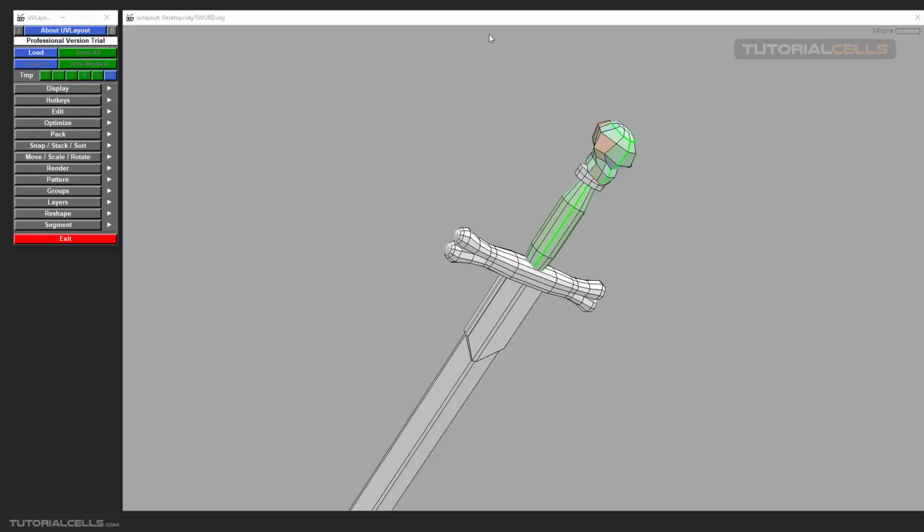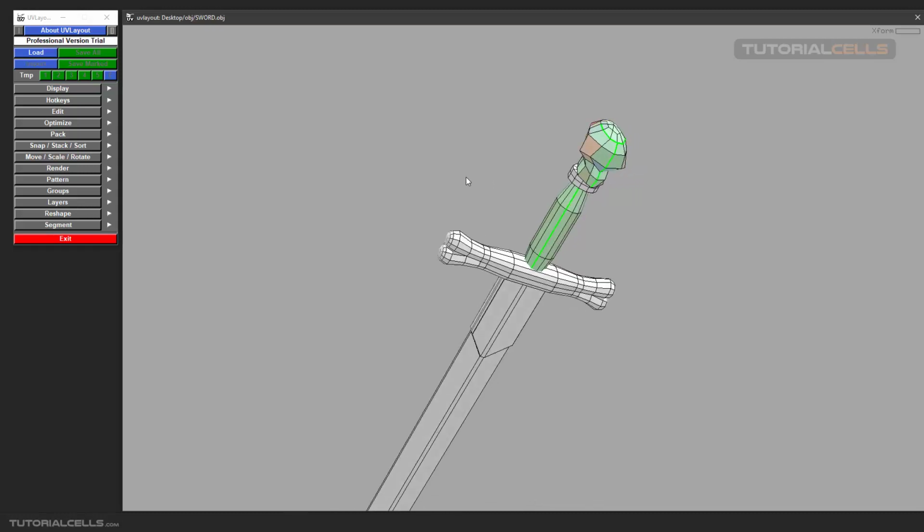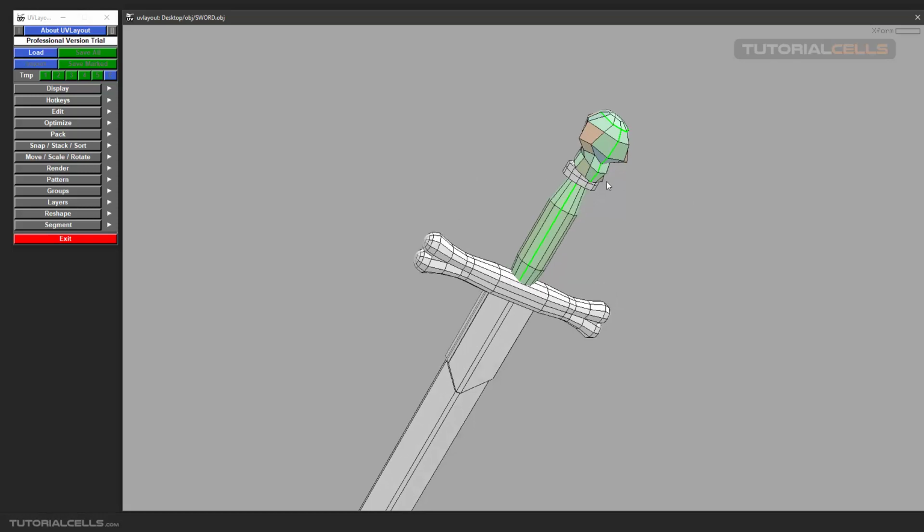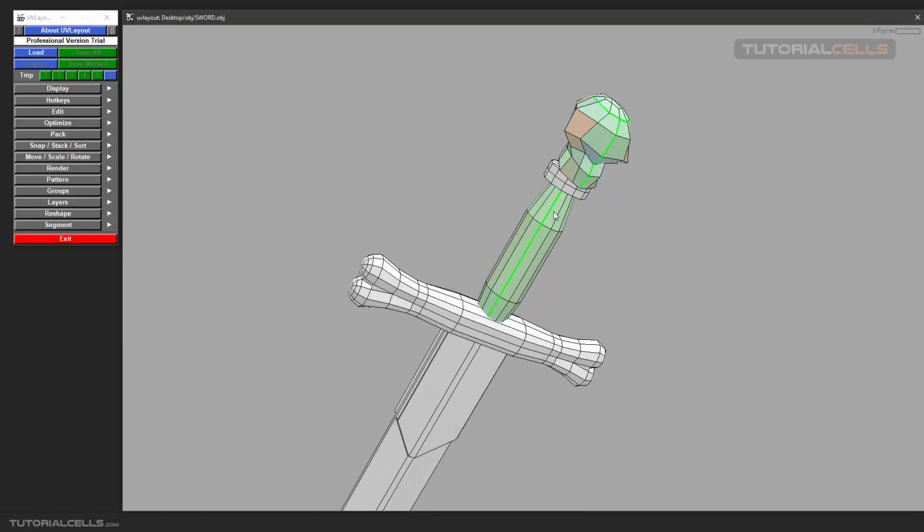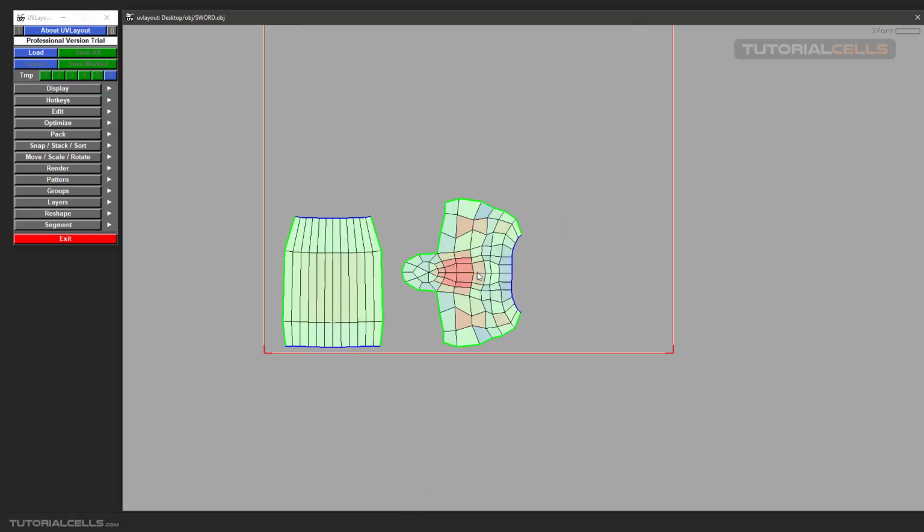Okay, in this lesson, I want to explain the concept of UVs, what a UV actually is, and how to transform it in the UV editor. In a previous lesson, we made a UV of this part and sent it to the UV editor. In a UV layout, if you want to